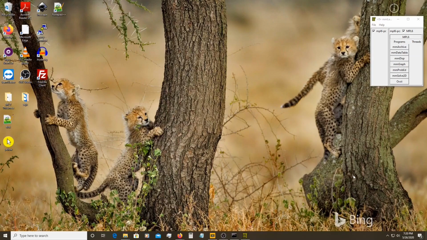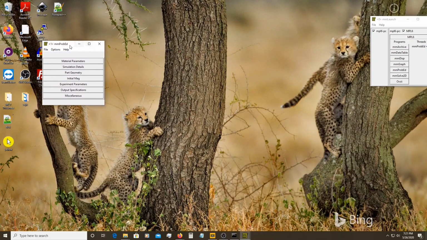Alright, so once you have OOMMF up and running, you want to run a simulation. And to do that, you're going to need OOMMF code. The thing about OOMMF is that it has varying types of code based on the version of OOMMF you downloaded. So in the OOMMF window here, you can actually see this problem editor. If you click on that, that's actually an OOMMF 1.1 problem definition